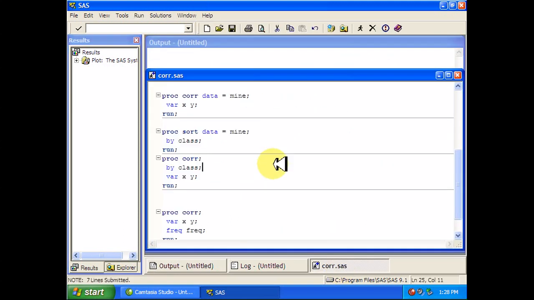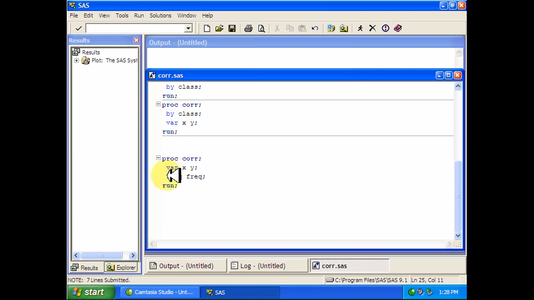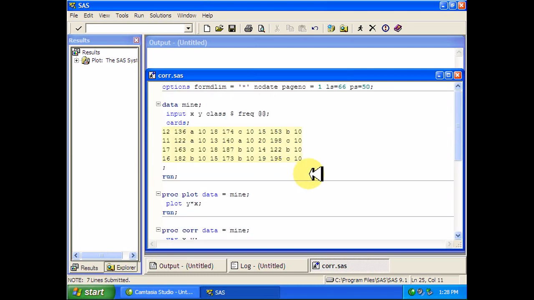And finally, the last thing you can do is use this frequency variable option, freq. So I went ahead and used freq as the name of my frequency variable. You probably don't want to do that. That's kind of bad syntax, but it's fun just for looking at. And what I said was, there are 10 points, that's my frequency variable, that